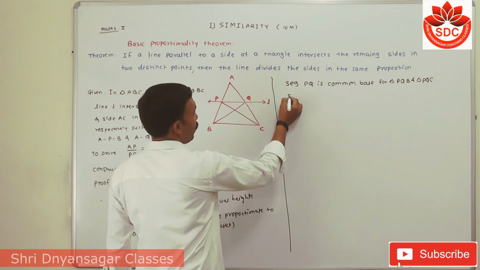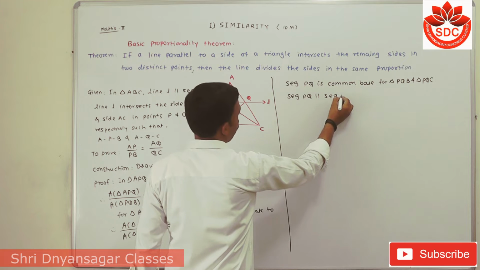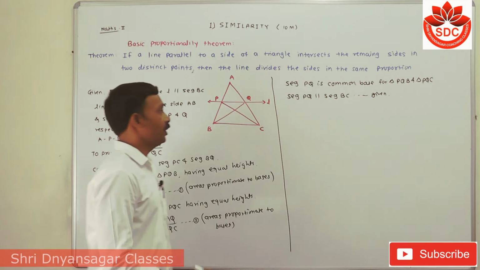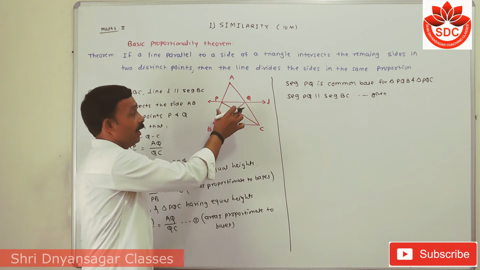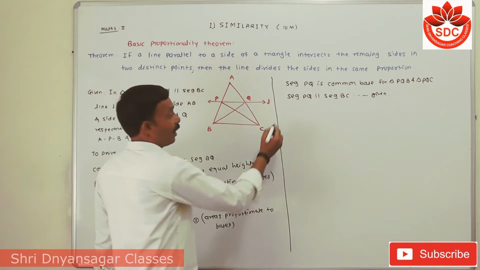Also, in your given segment PQ is parallel with segment BC. This is also given. Now student, if these two lines are parallel here, then the triangles having equal height, so that hence